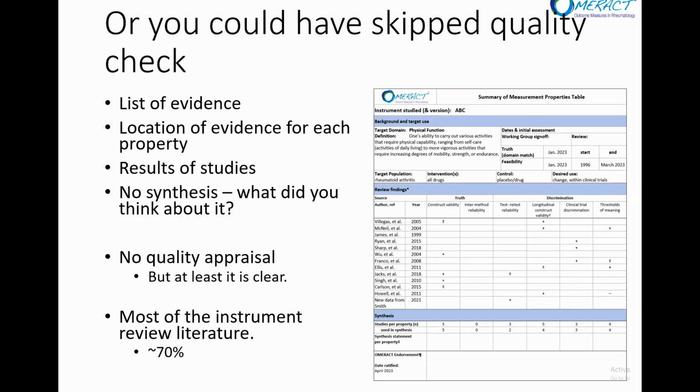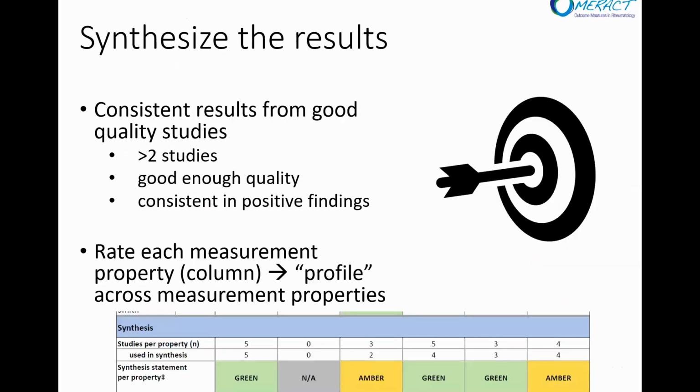But again, at least in the SOMP, it's clear. And I would say that in the literature, this is what a lot of the literature is showing. So it's not doing sort of the quality of the methods. And so we're really thinking that the quality of the methods is an important contribution to the reviews as well as the synthesis. So then let's go on to that synthesis step,